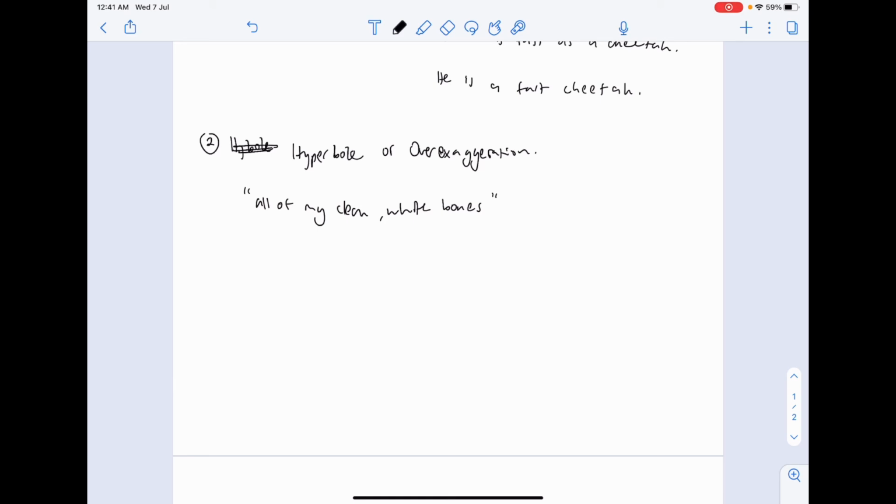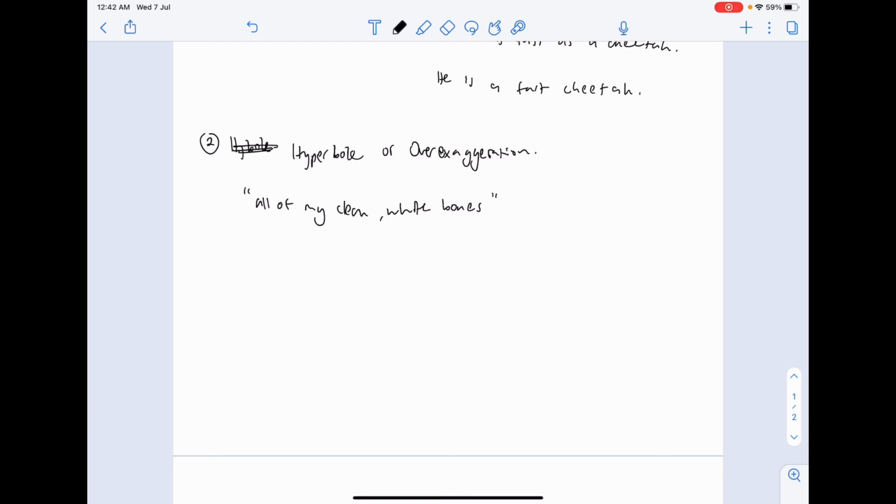Now, I'm sure many of us haven't seen human bones before. So let's go with something else. Chicken bones. If you're not vegetarian or vegan, I'm sure you've seen chicken bones before. Are they ever white? Are they ever clean? No. They are always at least a bit gray or a bit yellow. They're never pure white. So this exaggeration doesn't make sense. Bones are never clean. Bones are never white. It's ironic. It's irony. It's going against what actually is reality.